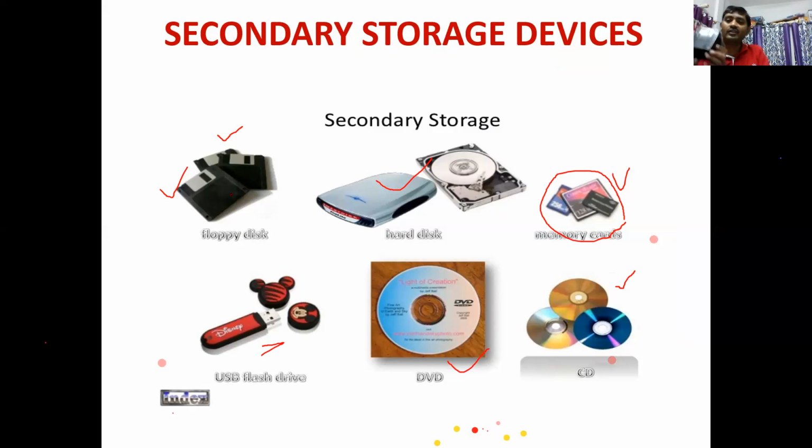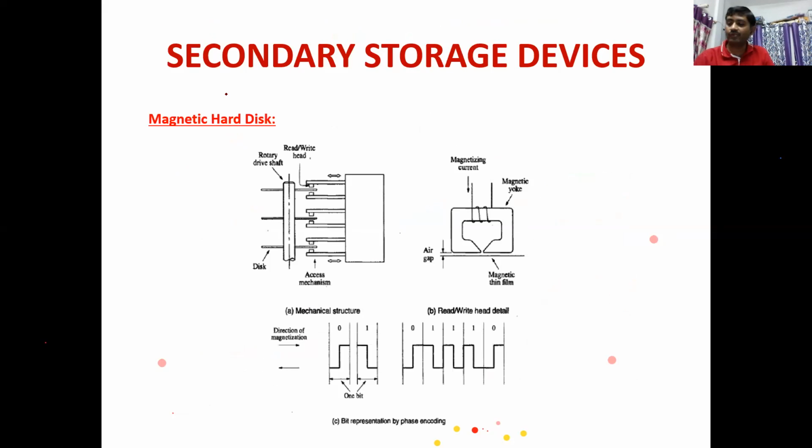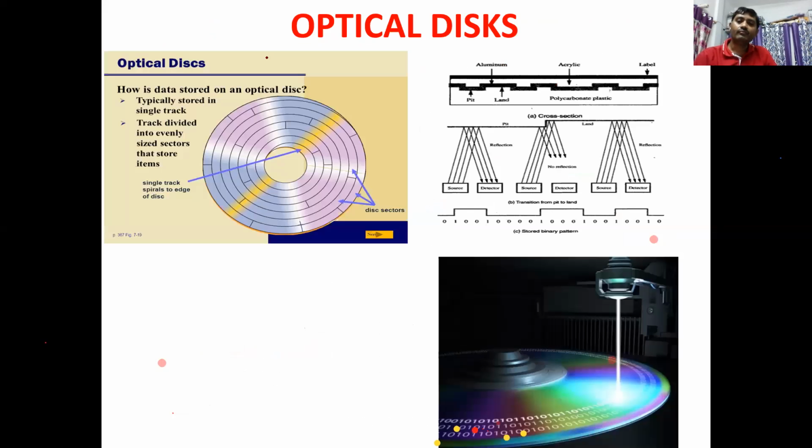See here, I have one such floppy. Inside there is a magnetic plate, and there is a read-write head, so that it can be used to read or write. The other one is a CD, which you know. And the other very important one is what we call a tape drive. A tape drive means such cassettes, which you might have seen.